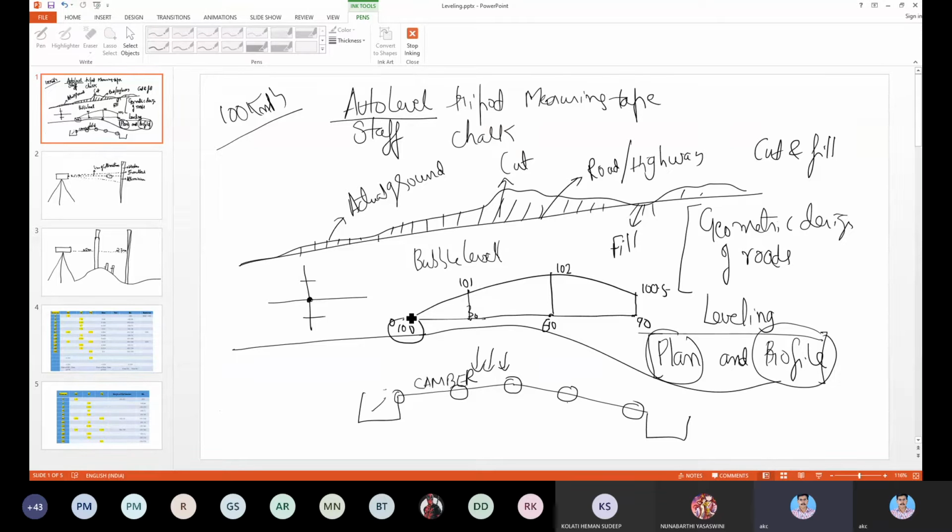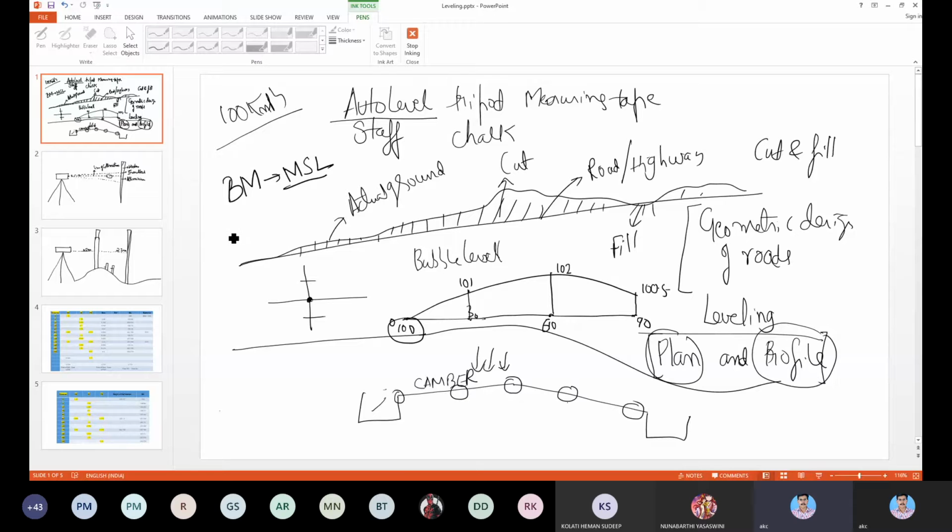This is a benchmark. Now, when you do any level survey in the field, you always take a benchmark. The benchmark can be a permanent benchmark or a temporary benchmark. The permanent benchmark, normally they call it BM. It can be, let's say, at some point which they have carried the level from mean sea level, or a point where it's exactly the mean sea level. Then it will be MSL, mean sea level.